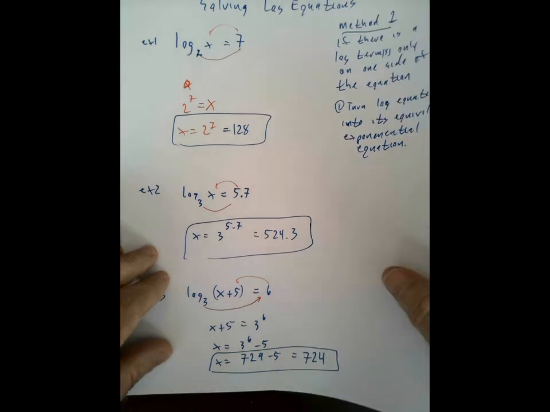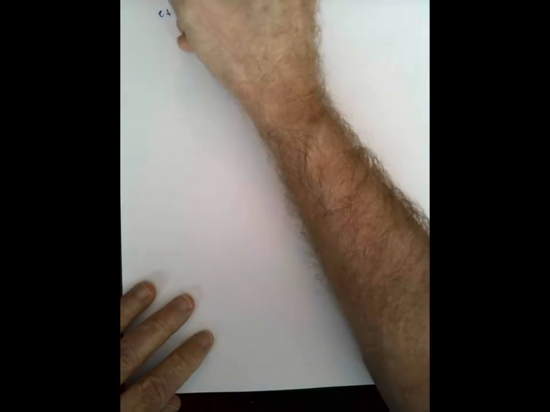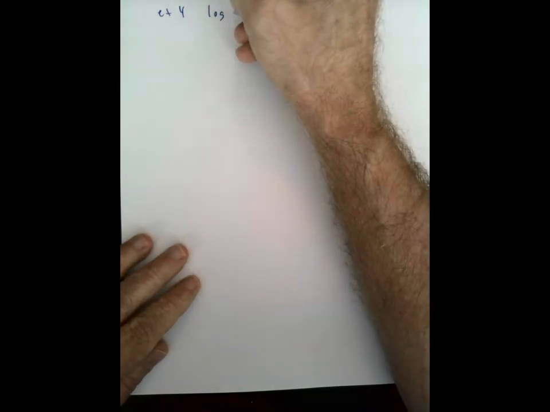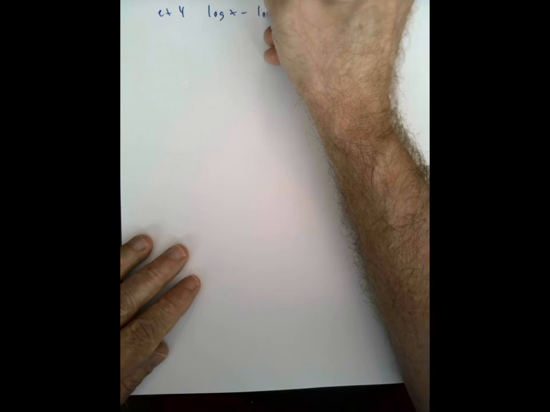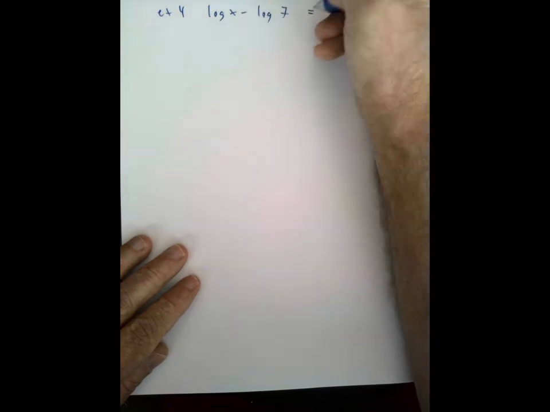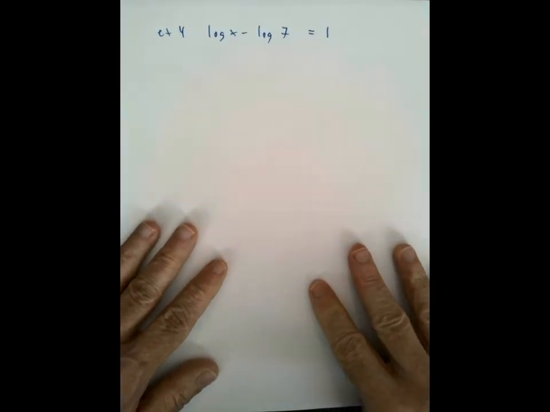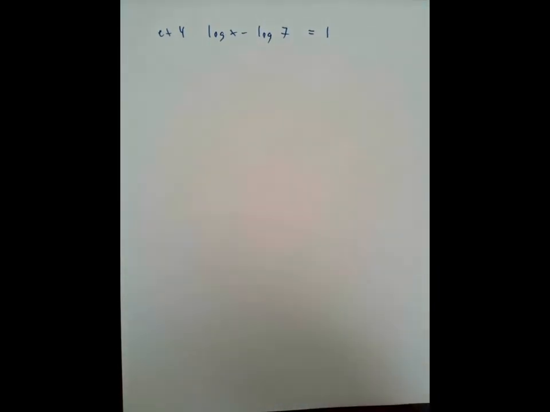Now, okay, let me try some slightly more complicated ones here. All right, so this will be example 4. Okay, what if we've got two log terms? What if it says, log of x minus log of 7 is equal to 1, let's say. Oh dear, look, there are two different log terms on the other side. Well,